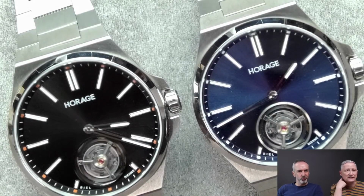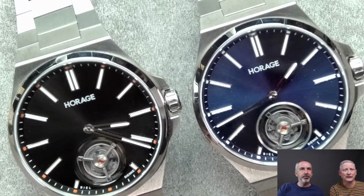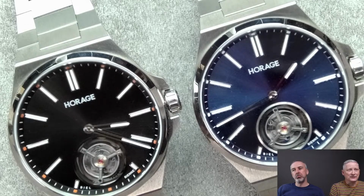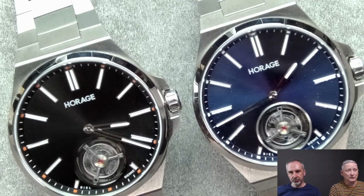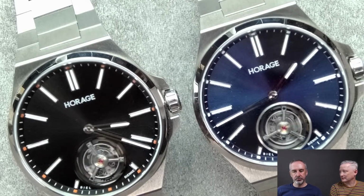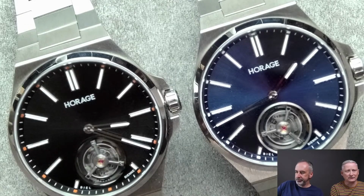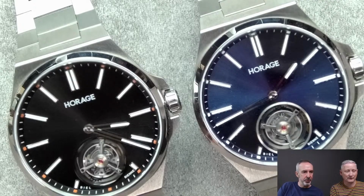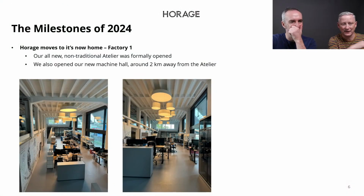So we could maybe flick to the next slide, Andy, if you go back to that one. Andy mentioned earlier, the other big thing was, whilst all this was happening, we decided to move. Now that started around the back end of '23 again. We got our new space. We moved. We got the space back in '23, but we only really actively moved in